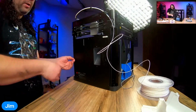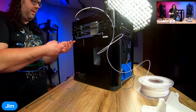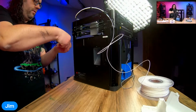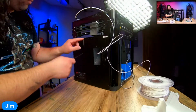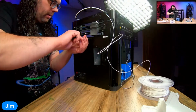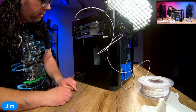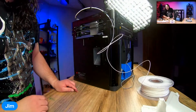Something that I would point out, that's why I have print boxes to put screws in. I should have a tool caddy. Yes, I should have. I didn't lose any yet. There's one more up here. And then there's something that makes me laugh. There's one there. Okay. And then there's one in the middle